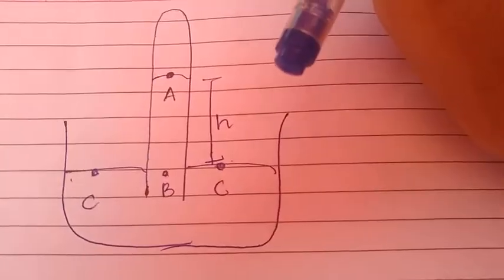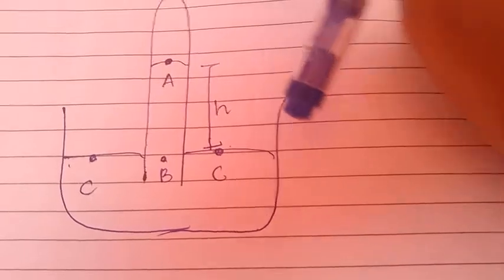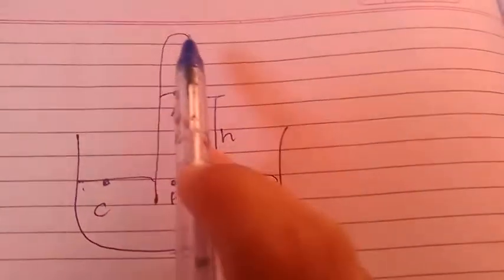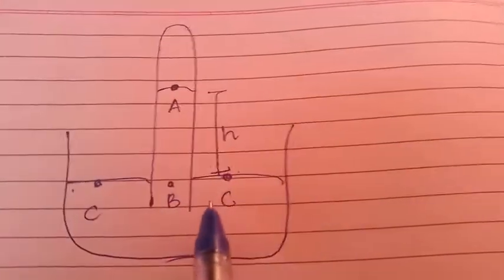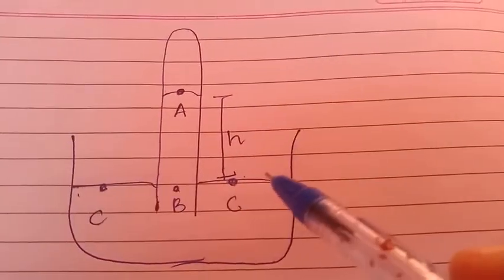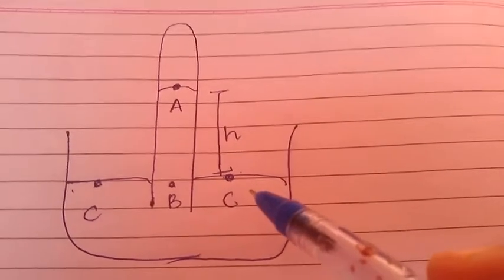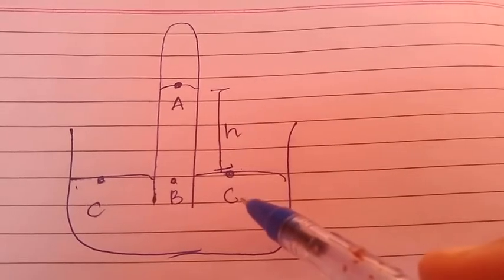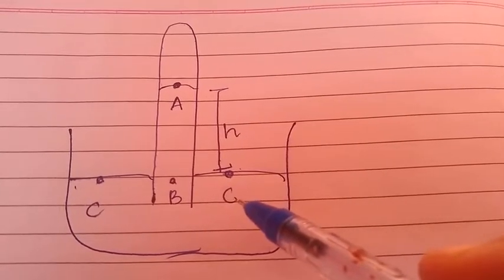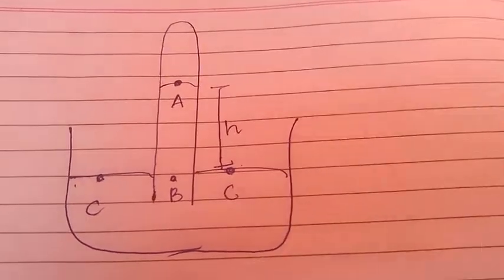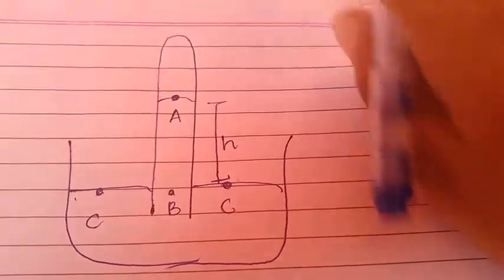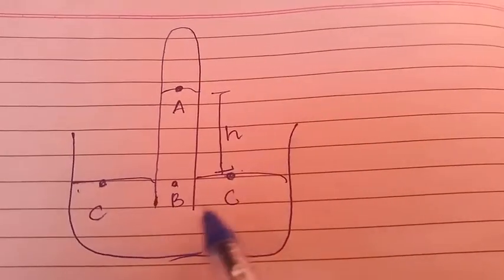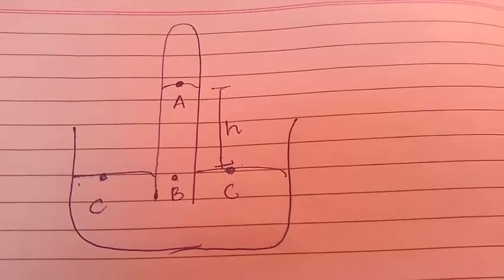So you have a tube, a glass tube you can say. Now this glass tube is there and there is one container. You have to fill this glass tube first with mercury, and then you have to invert that glass tube. You can say that the glass tube is about 1 meter in length and the diameter is 1 centimeter, and you will fill the whole tube with mercury. Then you have to invert that into a small dish. So when you invert that tube into the small dish, some amount of mercury falls down and it fills that small dish.